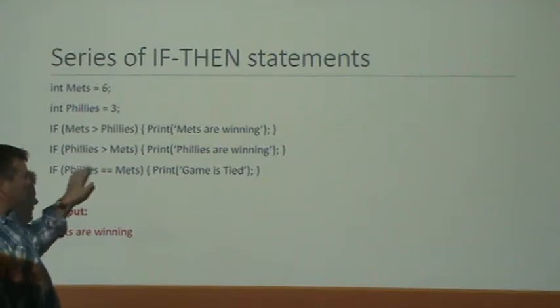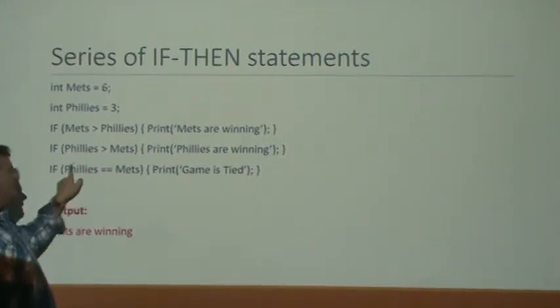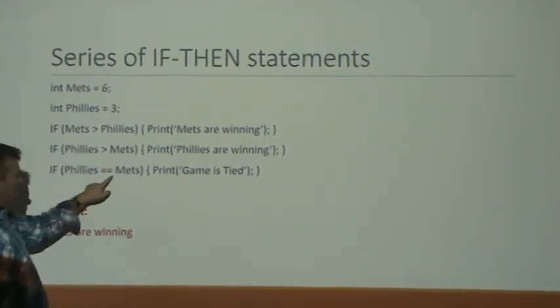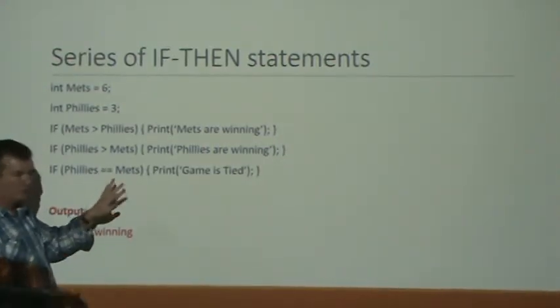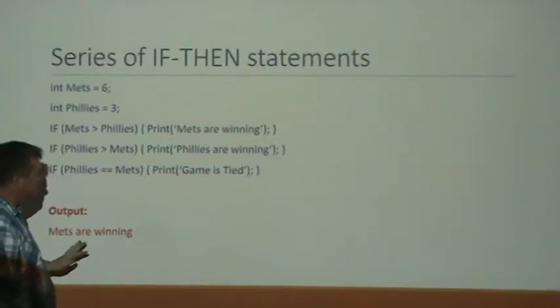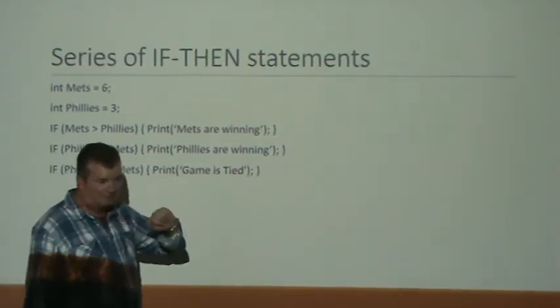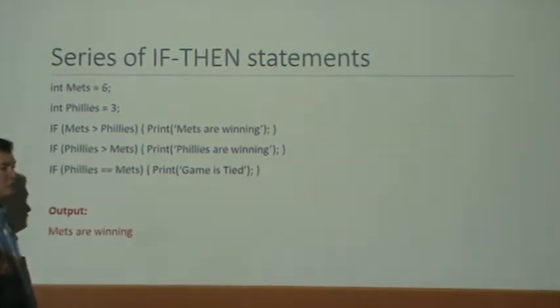equals is not an assignment. I'm not taking the Mets score and assigning it to the Phillies score. I'm asking the Boolean expression: is the Phillies score equal to the Mets score, true or false? If the scores are equal, then I can say the game is tied. So hopefully,